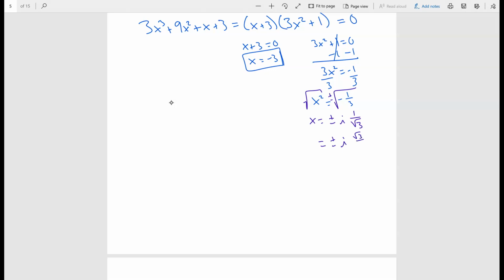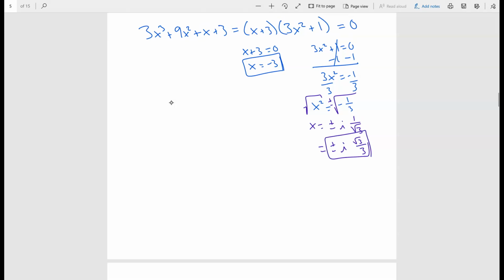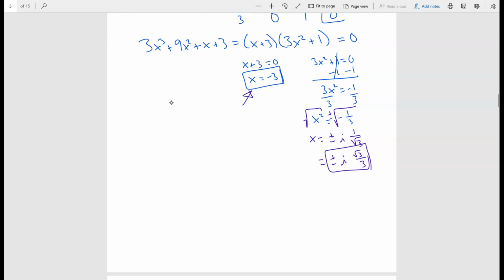So you get square root of 3 over 3. Okay, so basically see how this kind of came in pairs. So there's two of them. So here you have the first root, and here you have the other two roots. Okay, if you wanted to write the full factorization,